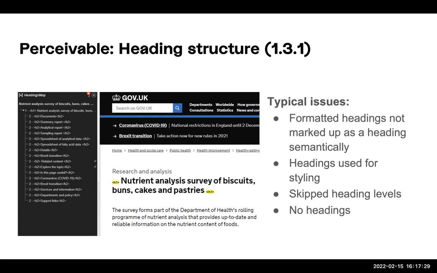Okay, we'll move forward with the heading structure, 1.3.1. That's under the success criteria called info and relationships. So it's basically talking about the relationship between the elements and each other. One of the big elements under this success criteria is the heading structure. So we need to maintain a good heading structure that reflects the content on the page based on the importance,